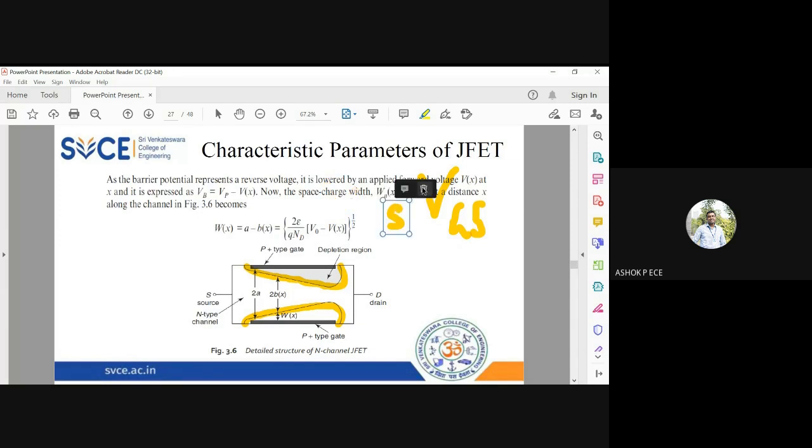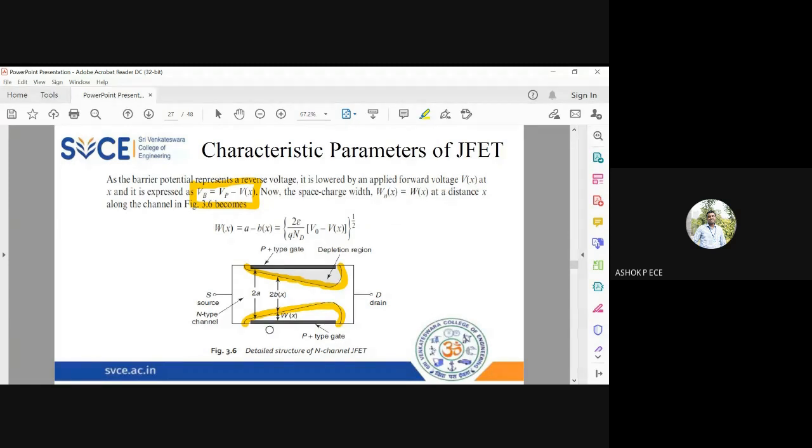And you see that this shape is also not a standard shape, so that you can write some mathematical formula for that. So I'm going to consider the barrier potential at a distance of x. At a distance of x, it is going to be Vp is equal to Vb minus Vx. It is going to be minus V of x because of the non-familiar shape of the depletion region. It's a wedge-shaped function. Now the space charge width Wn equals W of x at the distance